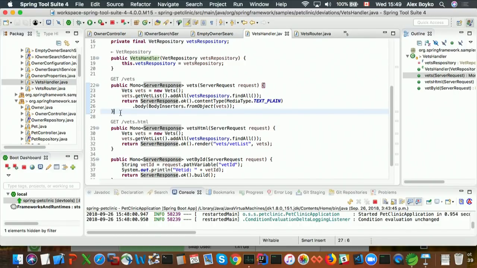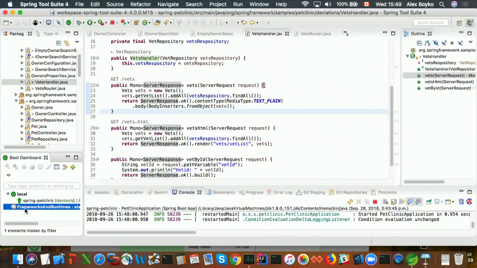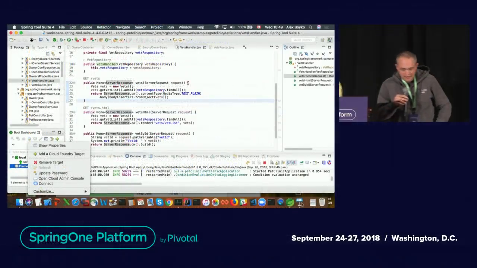So I think we're coming close to the end already. I would like to mention a few additional things. Maybe you can jump back to the slides. Oh yeah. Again,